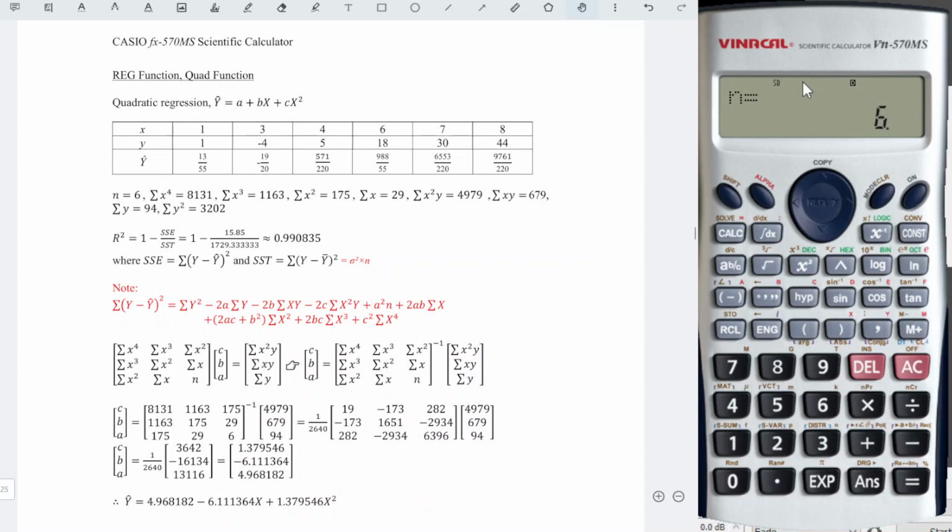After finishing entering all the values, we press AC to continue. What we need here is the summation of y minus y hat squared, which means that it's a sum of squares. So we just press Shift 1 and look for sum of squares, number 1. And we press equal, and we will obtain the correct value. Then we just use the calculator again, and we will obtain the correct R squared.